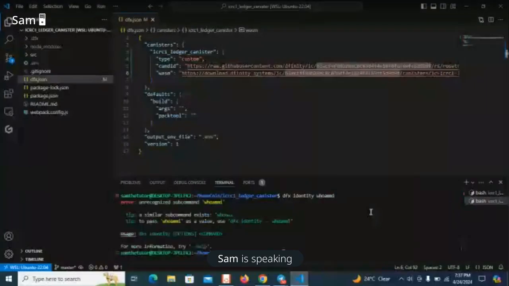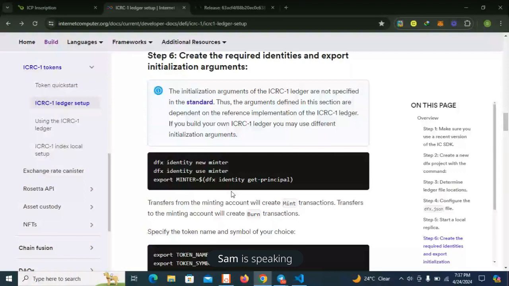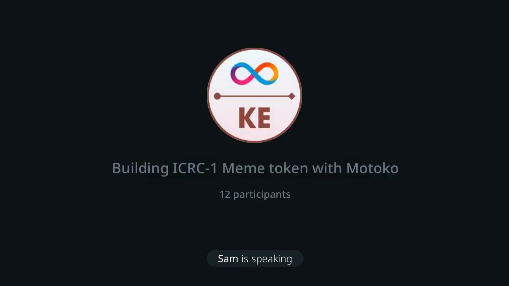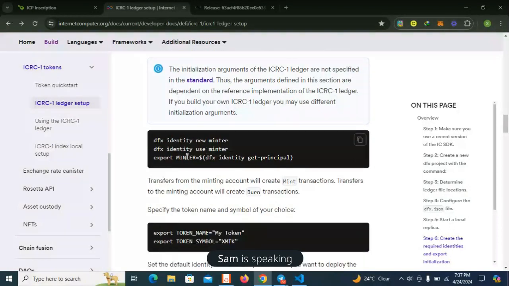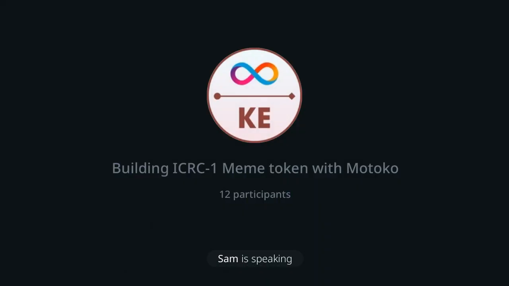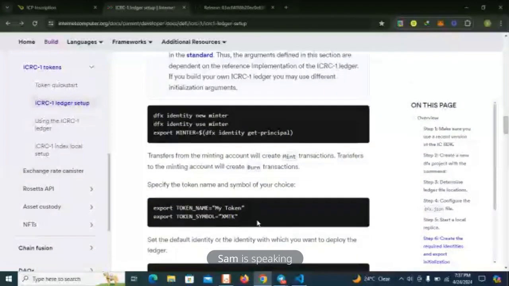It should actually show that we're using the Minter identity, because in our guide we created this Minter, then we told our terminal to switch to using this new Minter identity, and then we're exporting the principal address of the identity. So let me see, this code is working. All right. So now we are through with that step, and the next step is actually